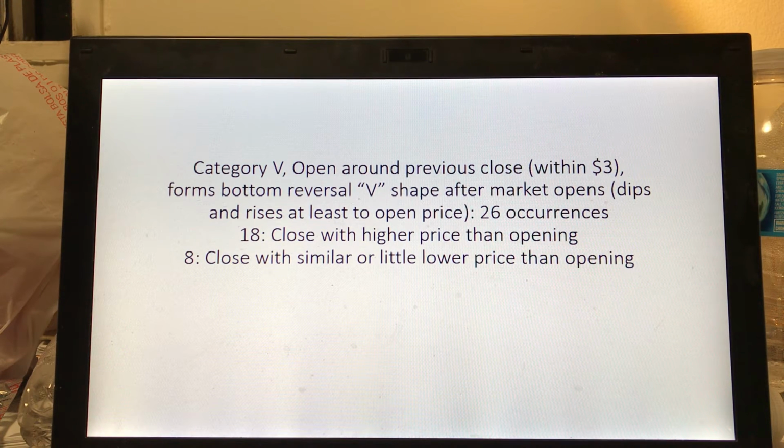There are 26 occurrences for this case, and in 18 of them, the stock closes with a higher price than the opening, and in 8 of them, it closes with a similar or a little bit lower price than the opening. So we see that by opening around the previous closing price and forming a V-shaped bottom reversal pattern, this shall be a pretty bullish trend after you see that the market opens. So this case can be pretty much predictable. Please take a look at these